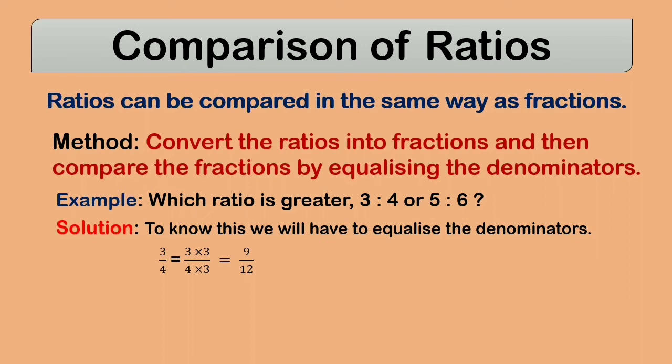Similarly, for converting the denominator of 5 by 6 into 12, we have to multiply it by 2. So 5 by 6 equals to 5 into 2 divided by 6 into 2, which is equals to 10 by